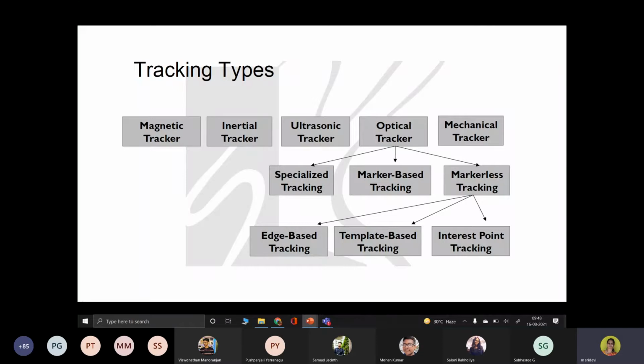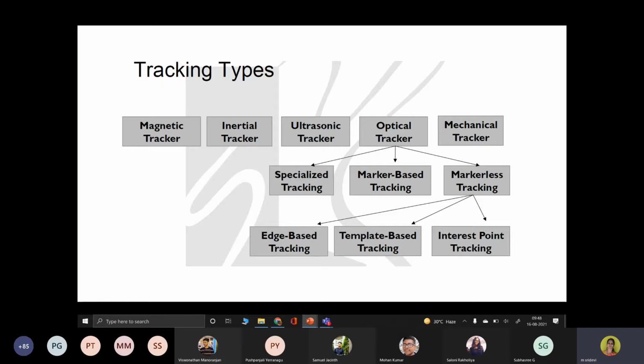It uses computer vision and image processing techniques, and it is further classified into 3 categories: specialized, marker-based, and markerless tracking. In the case of marker-based, you use a simple marker in the image, and based on the marker you are able to track.